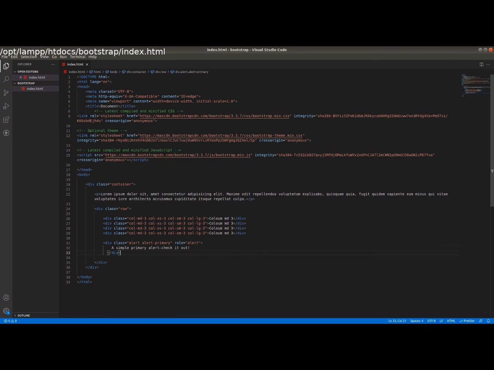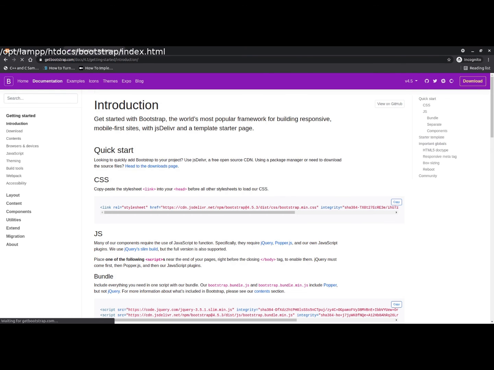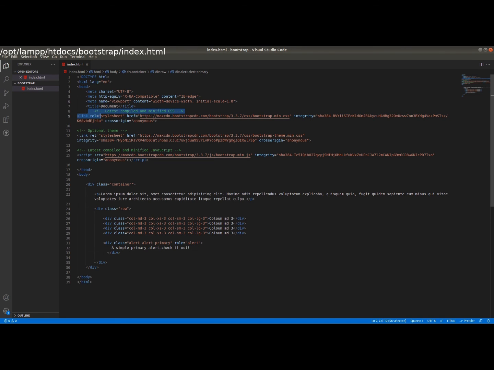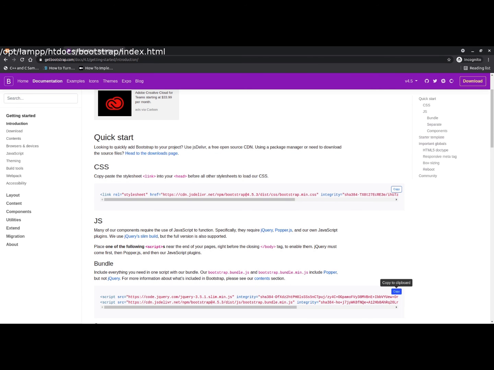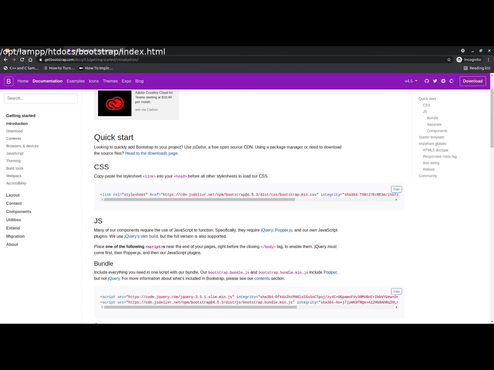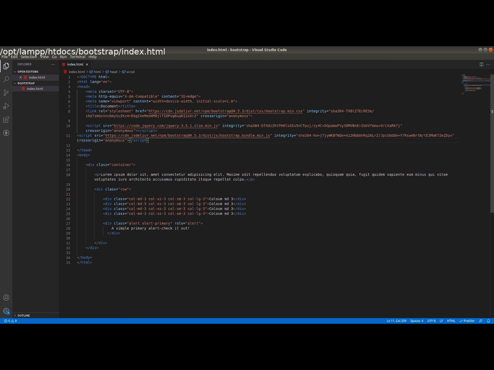But why is it not showing here? I'm a little bit confused. Okay, it's my mistake: I have Bootstrap 3. So I'm changing my CSS file here, also the JS file here, and let's check the output. You can see here, so we are on Bootstrap 4 right now.